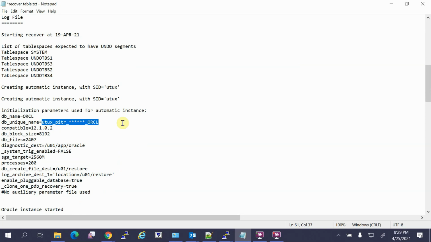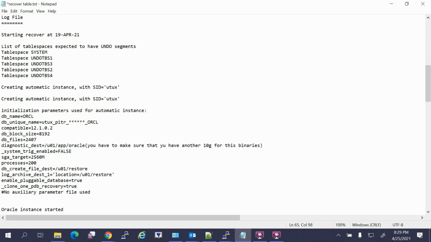DB unique name, automatically it is assigning. DB file, diagnostic dest. This diagnostic dest, it will create one folder for this temporary environment. So there it will place so many folders and the alert log. So you have to make sure that you have another 10 GB for this, binaries.